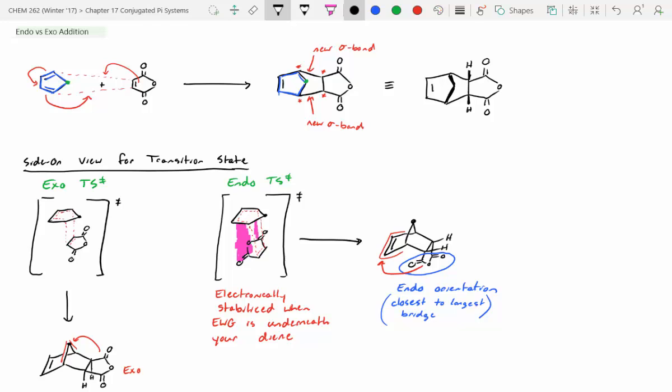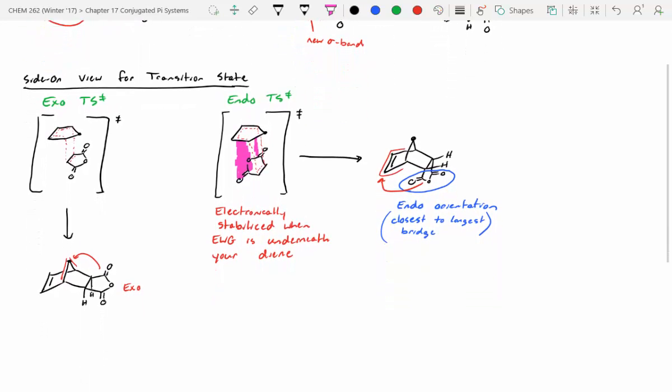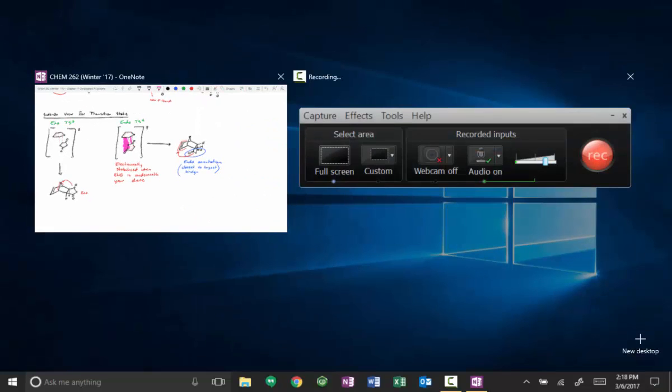So when I asked about whether or not we had to draw them, I was referring to the side-on stuff. We're going to draw the side-on stuff? You don't have to draw the side-on, but the products you absolutely need. Okay, oh, I see. Yeah, the products. Yeah. I was asking about the